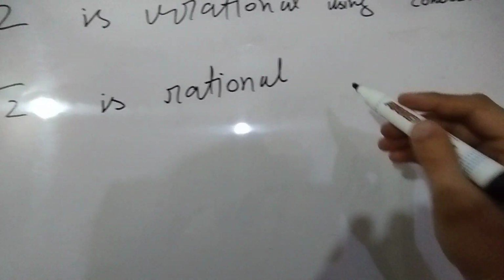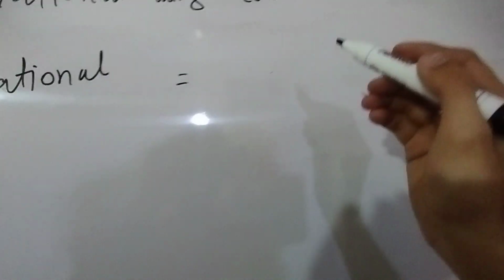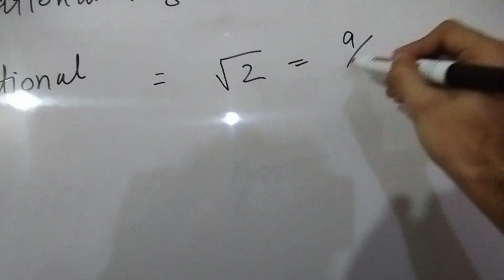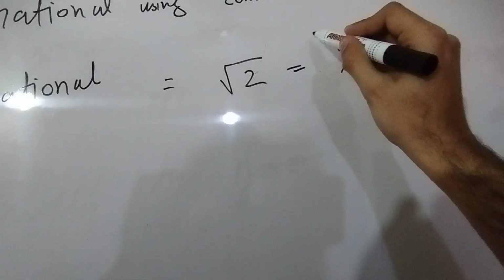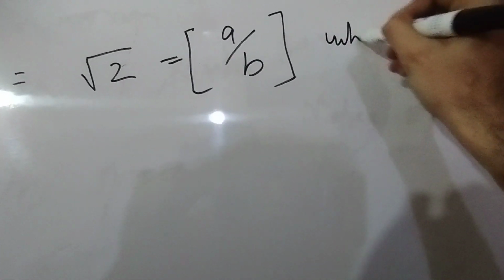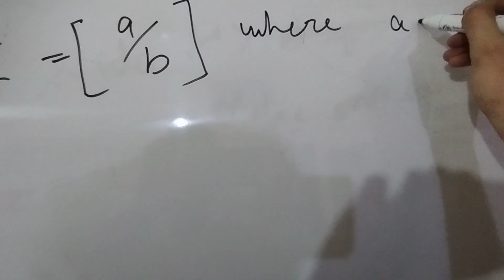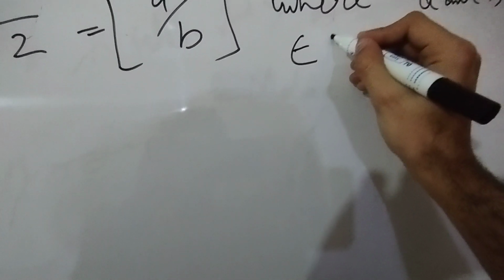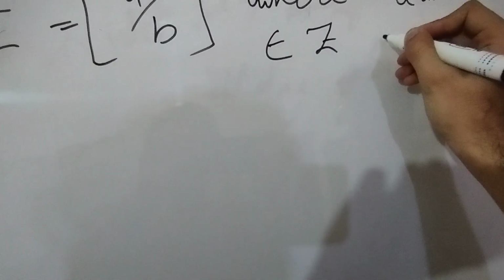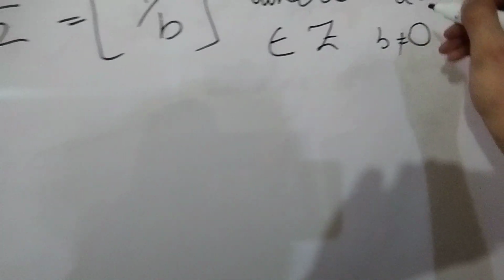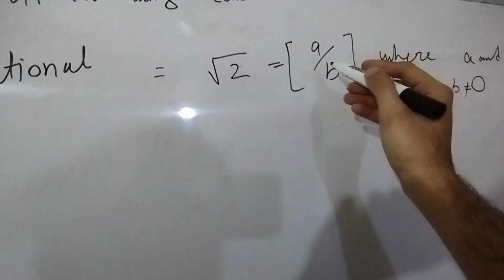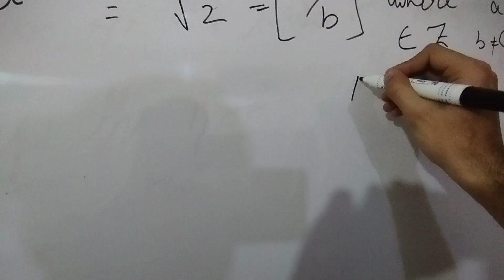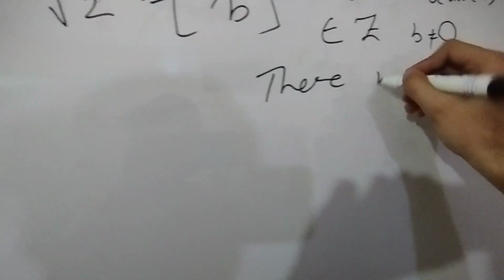method. So if square root of 2 is rational, then this must mean square root of 2 equals a over b. It can be written in this form, where a and b are integers, and b does not equal 0. And I'd also like to point out that these are irreducible, and there is only one common factor between both of them, which is 1